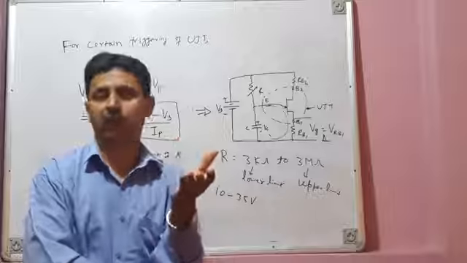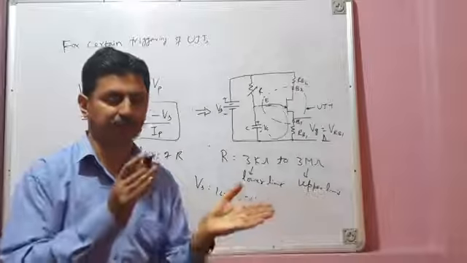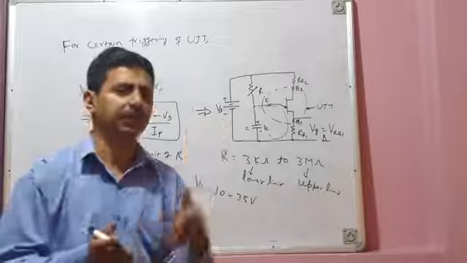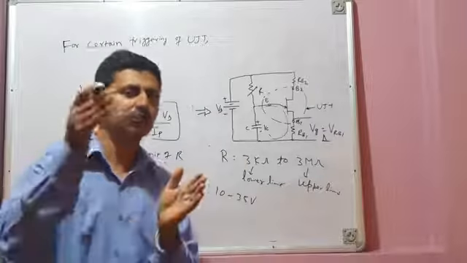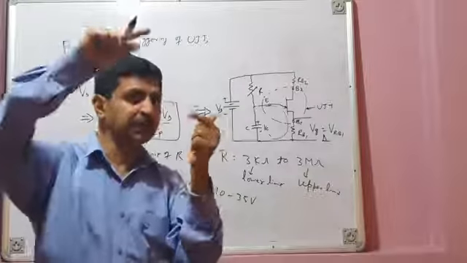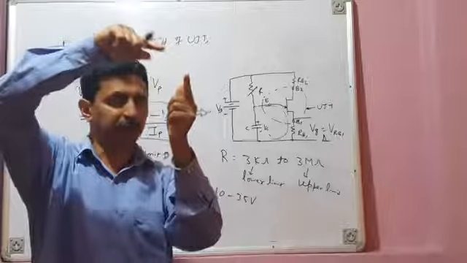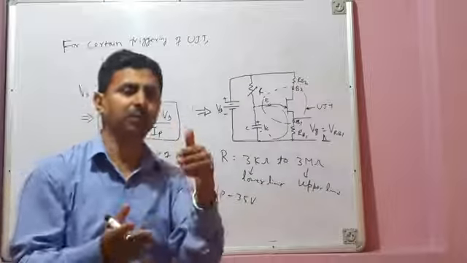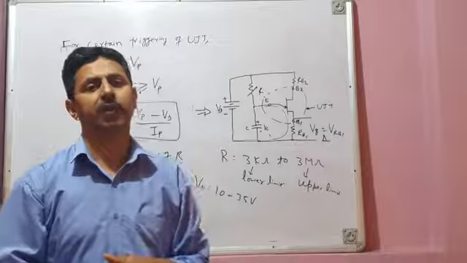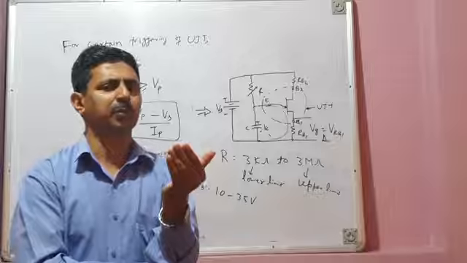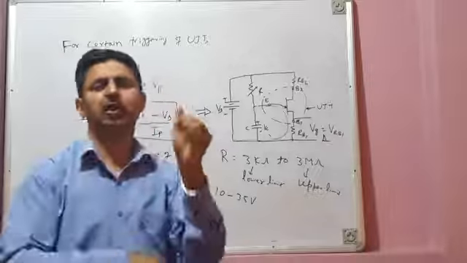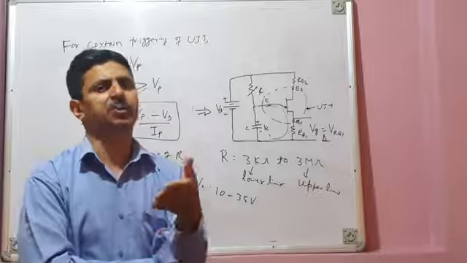And if the data sheet is not available, then you can perform the experiment on the UJT, the same experiment through which we obtained the VI characteristics of the UJT. From those VI characteristics, you can find the peak point voltage and peak point current, because in those characteristics you have clearly seen them. And if you don't want to perform the experiment, you can just search on the internet, put in the serial number of the UJT, and it will give you the data sheet, the specifications of the UJT.